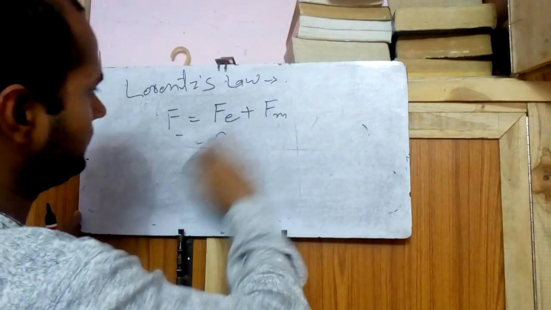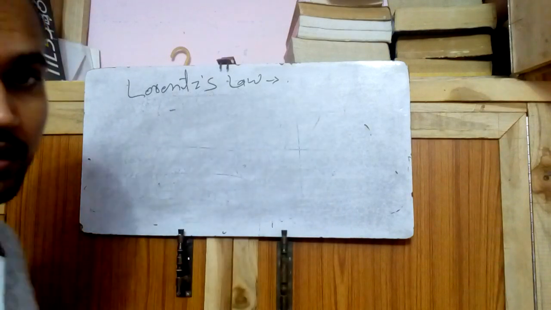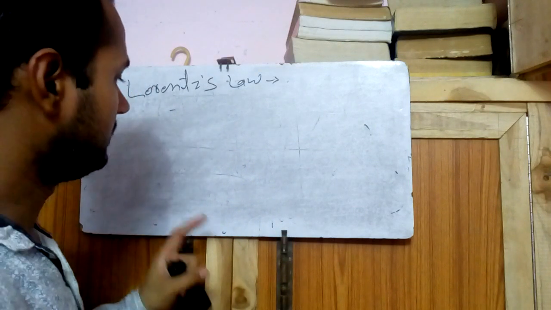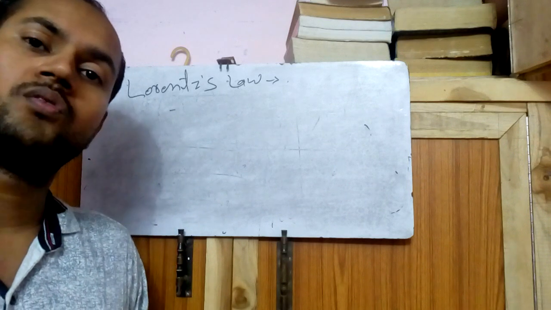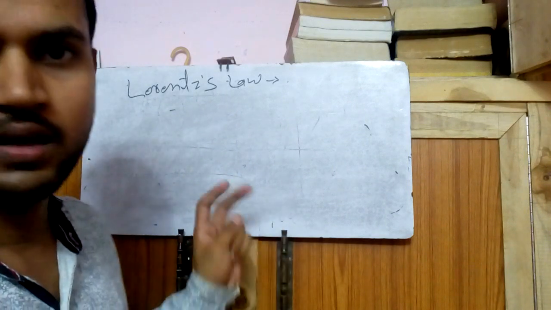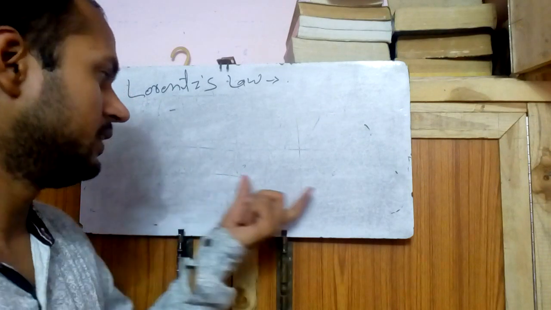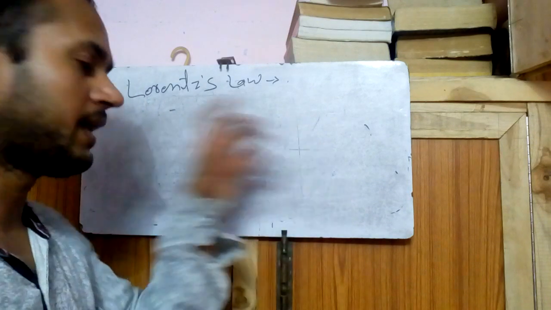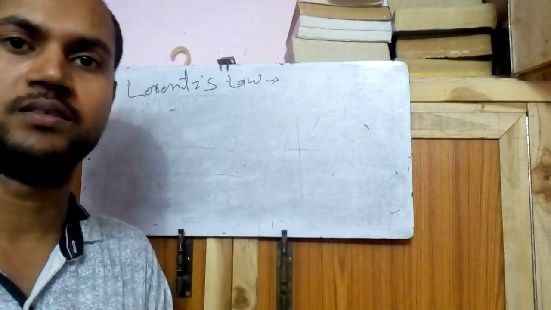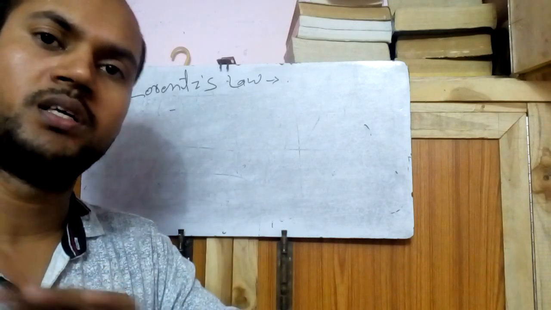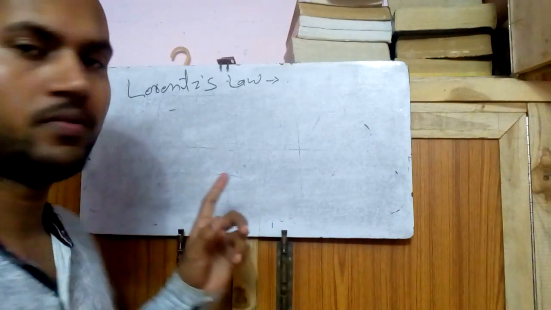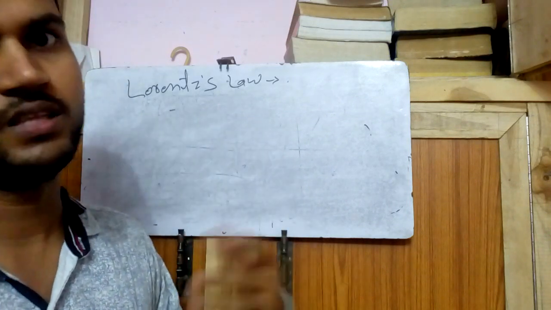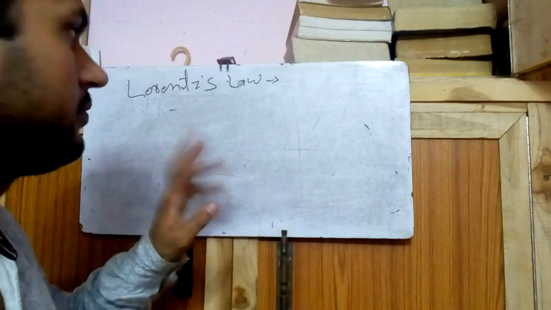Here one thing is important. If both fields are present, electric field and magnetic field, the energy transfer will be only because of the electric field. I have shown that the electric field applies a force that is attractive or repulsive, and the magnetic field applies only a deflecting force, and because of a deflecting force the charge does not acquire any energy, while in case of electric force, the charge acquires energy. So energy transfer is only because of the electric field.